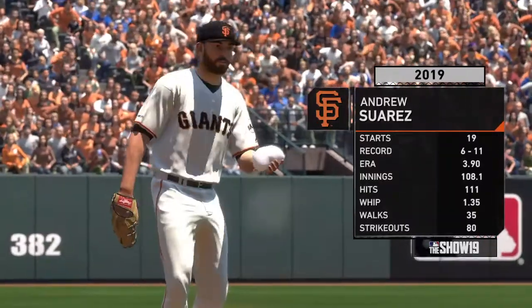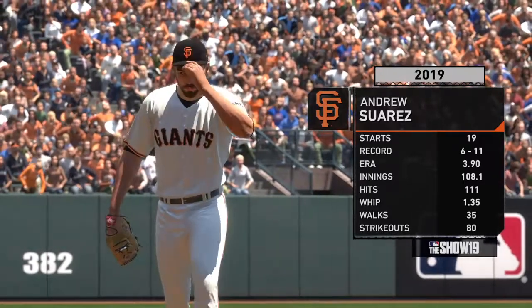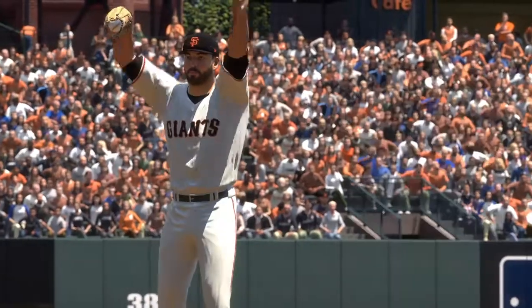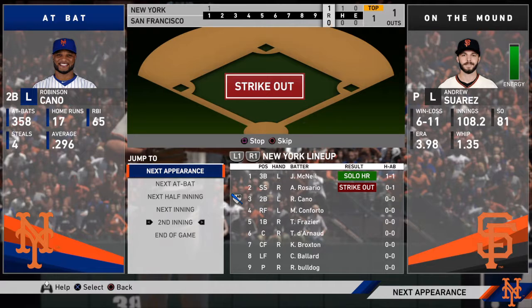Dan Plesac, what's the word on him? Hey, one of the things this guy does really well, neutralize the left-handed hitters. On the season, lefties are hitting under 250 against this guy, so whatever he's doing against...